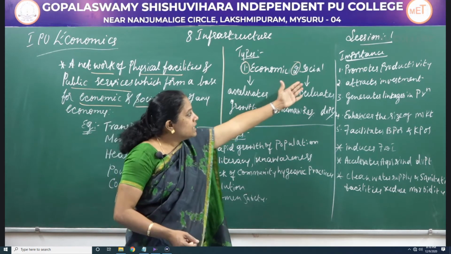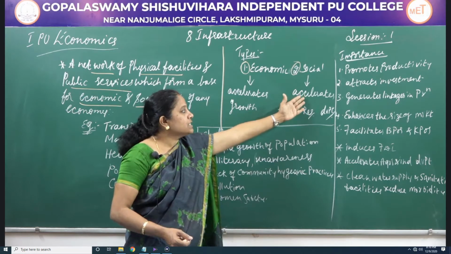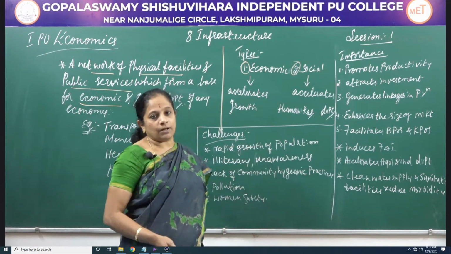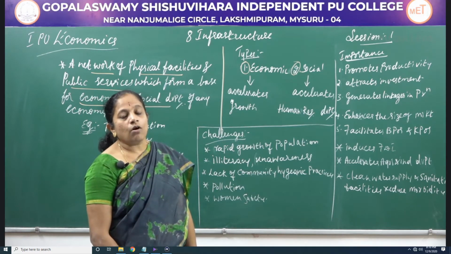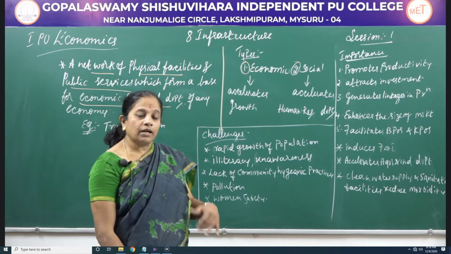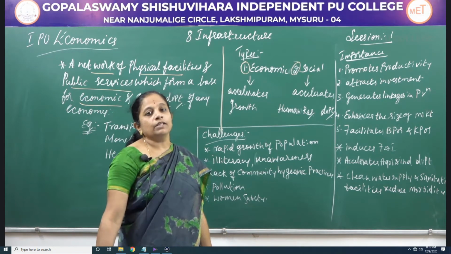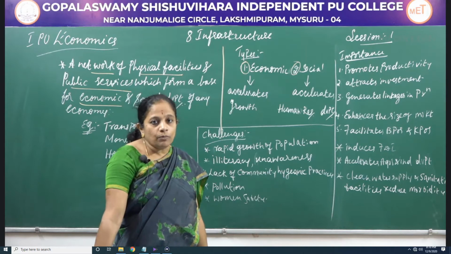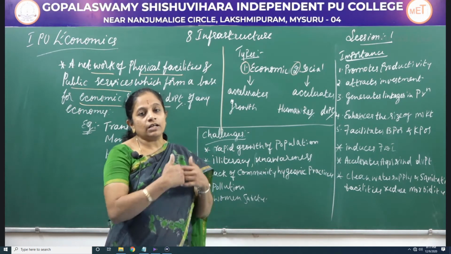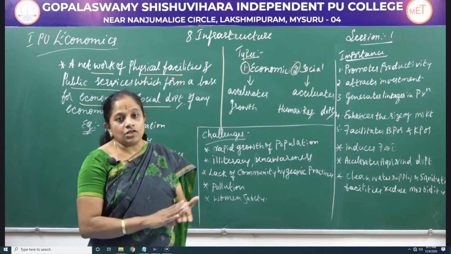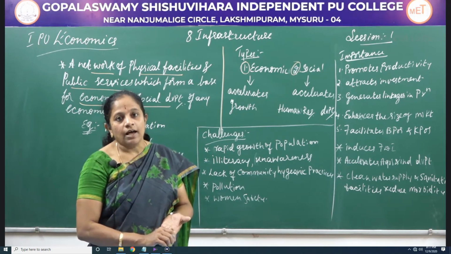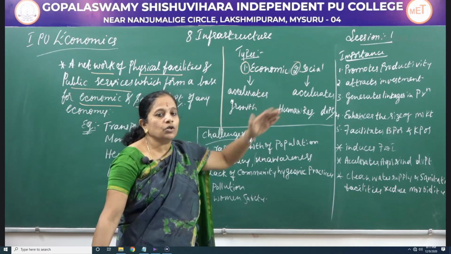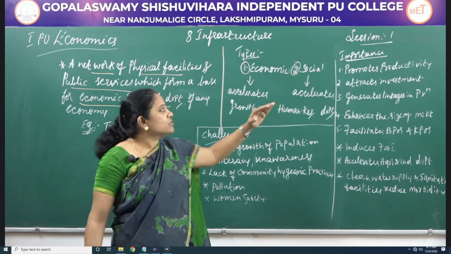The second one is social infrastructure. That is, social infrastructure concentrates more on the acceleration of human resource development, because even though we have lots of natural resources, they can be converted into productive activity with the help of qualified and skilled human laborers, and they are called human resources. A child can convert itself into human capital with additional education, knowledge and skill along with some training. So, with all these, a human can convert himself into a human resource,